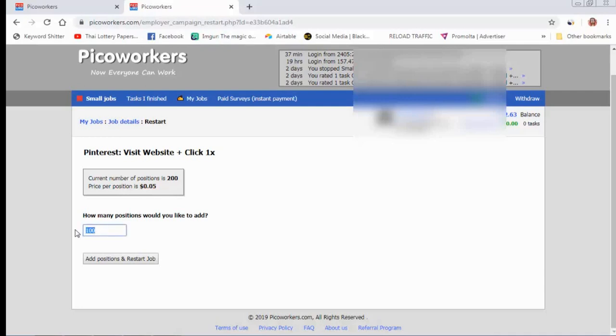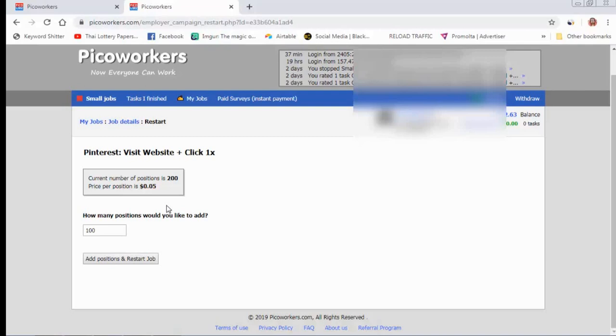If I click here, those 200 people will not come to my campaign again, who completed work on this campaign. These 100 people are all coming with new IP addresses, and I have got 300 clicks from different IP addresses. All people are new, and one person comes only one time and clicks on my website ad, and a second time they will not come again.